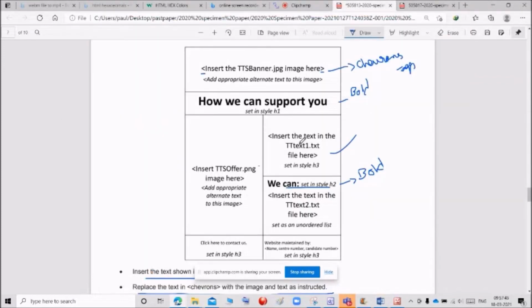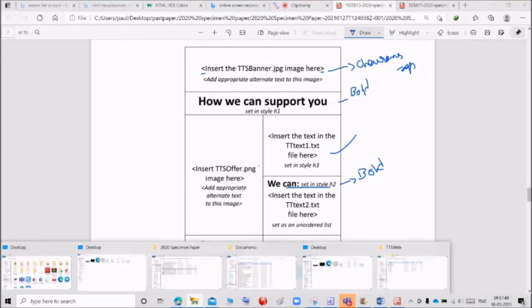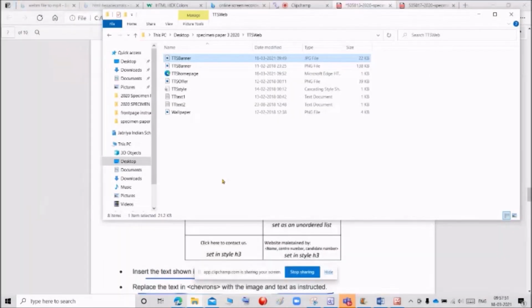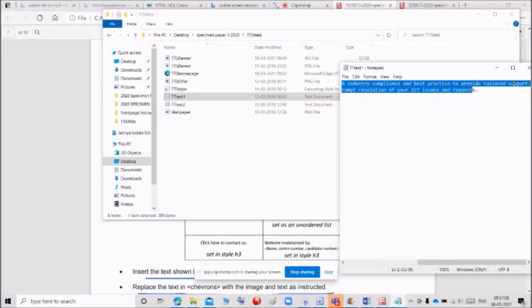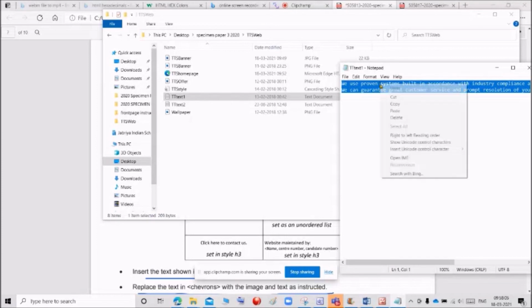Next, we are going for this one. In this, they are asking to insert the text from tt text1.txt. For that, first go to your work area. They are giving the file name tt text1. Open this, copy the file, and go to your front page.